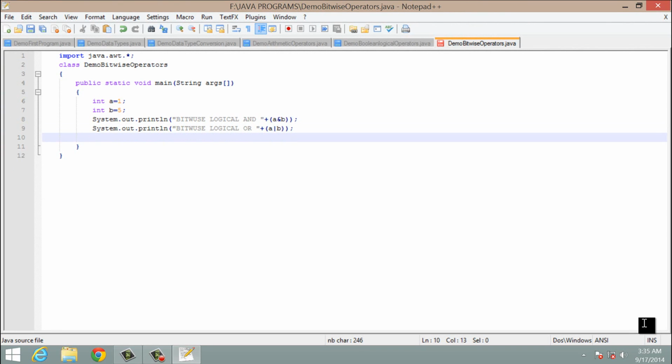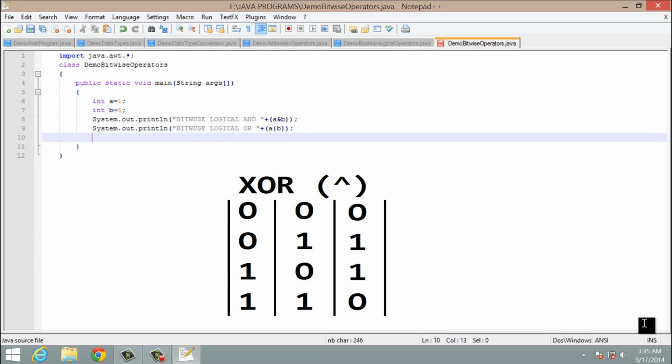The next bitwise operator is XOR operator, and the truth table for XOR gate is when both the values are 0, result is 0. When first value is 0 and second value is 1, result is 1. When first value is 1 and second value is 0, result is 1. When both the values are 1, the result is 0.